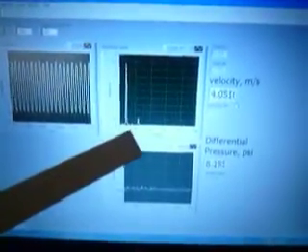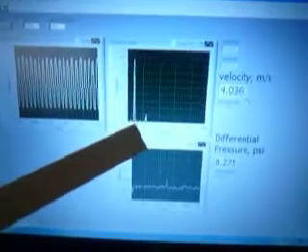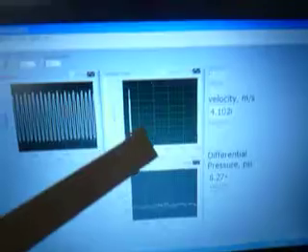If we look at the front panel, hopefully this will work here. The front panel shows the input from the flow sensor. You can see a sine wave here, and then this is the frequency spectrum. So it shows that there's a peak frequency. It must be around 50 or 60 or 70. The program also shows what that frequency is. It turns out it's running about 80 hertz.